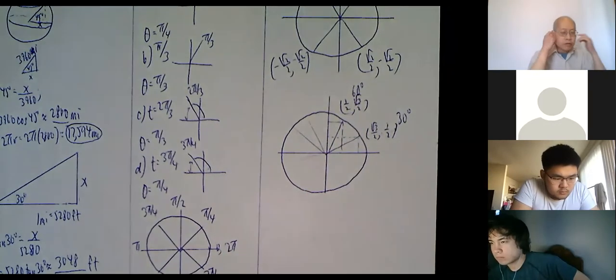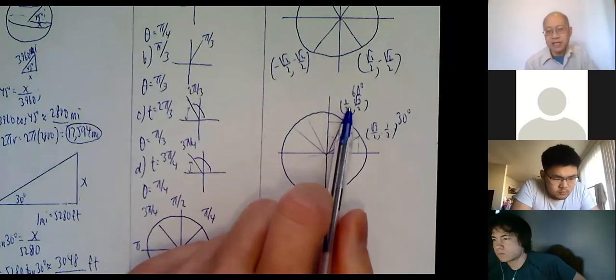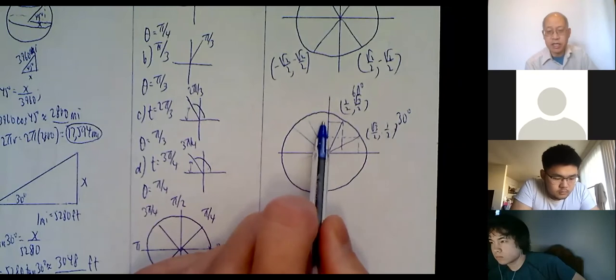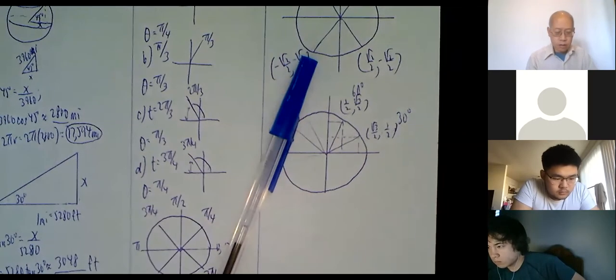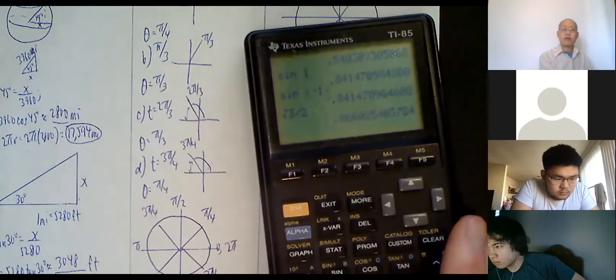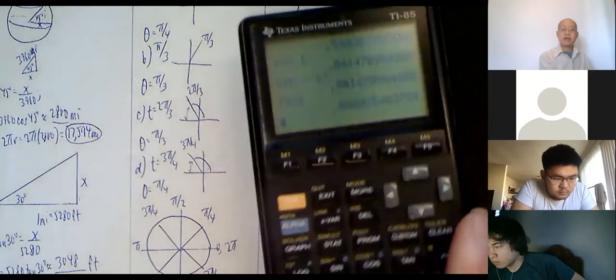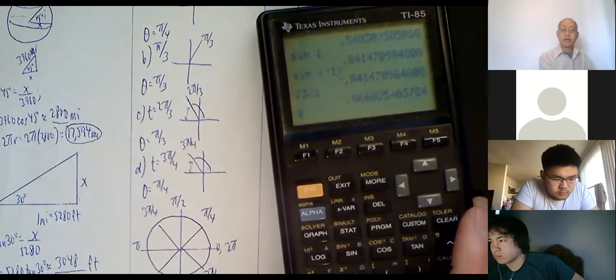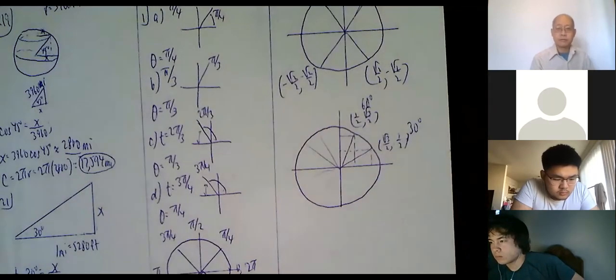If you punch out radical 3 over 2 in the calculator, it's like 0.866. I did it before. So it's way more than a half, as you can see. That's like 0.866. Well, I guess I can show it to you. Let me just show it to you. Square root of 3 divided by 2, 0.866, something like that. Not sure you can see it, but you can do it for yourself. Square root of 3 over 2, 0.866, way more than half.